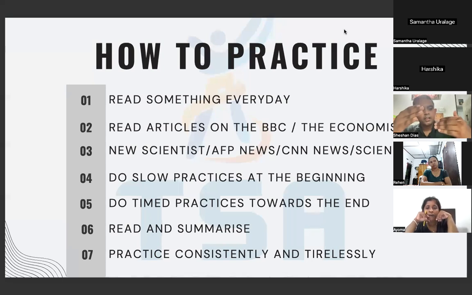Right? So you start with slow practices. What do I mean by slow practices? First, only do part 1, right? Do about 10, 15 part 1 questions, right? That means if you take book number 18, there are 4 papers. Do all 4, only part 1. Take book number 17, do only part 1, all 4 papers, only part 1. Take book number 16, all 4 papers, only part 1.